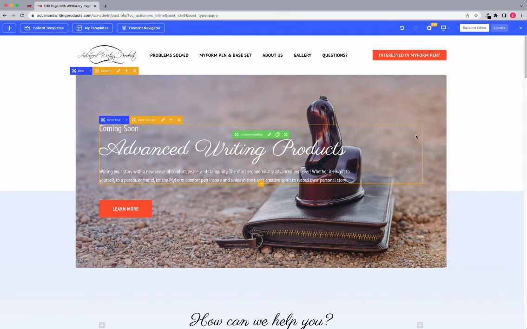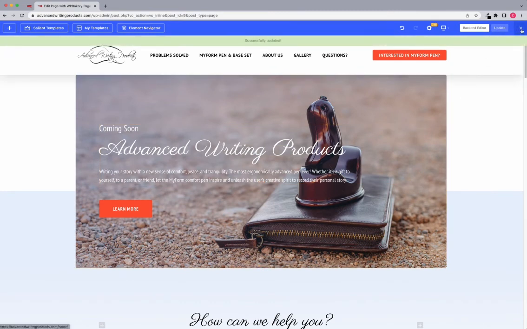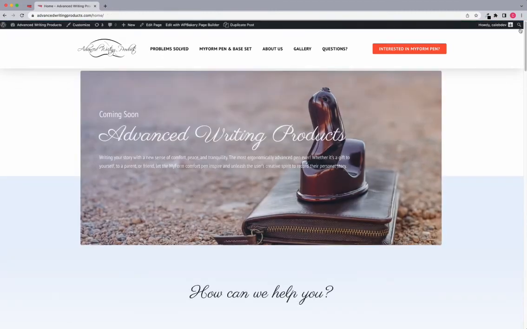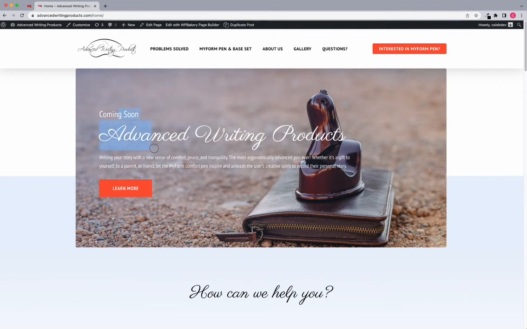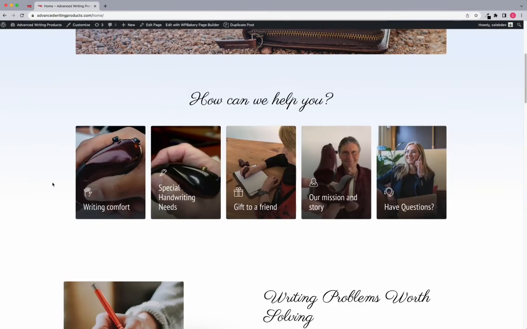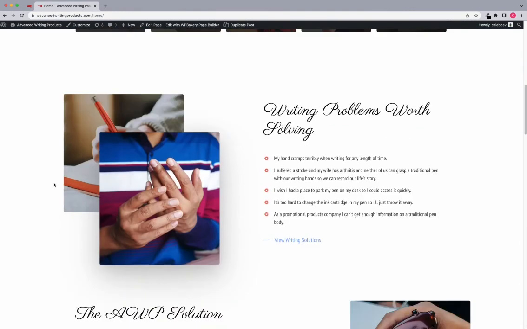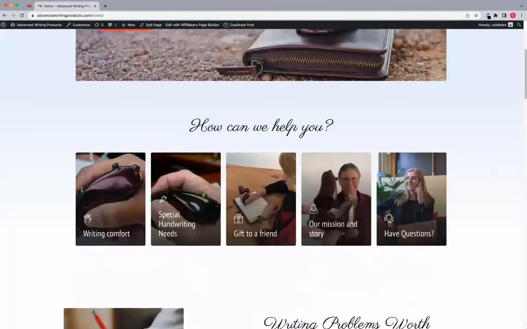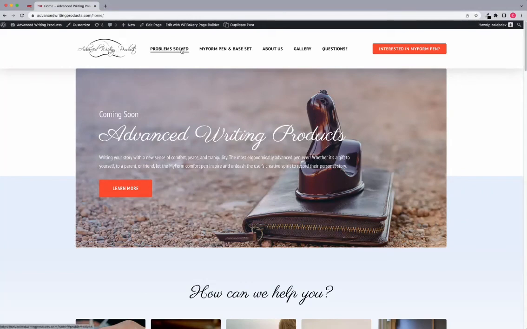Now let's just go look at a couple different pages here. I'm going to click Update on this again just to be safe, and then click this X button over here on the right, and that's going to close the editor. Now we're out of the editor. We can't edit anything right here. We're just previewing the website as a user would see it. So everything's looking good. Now we can just go to a different page here,